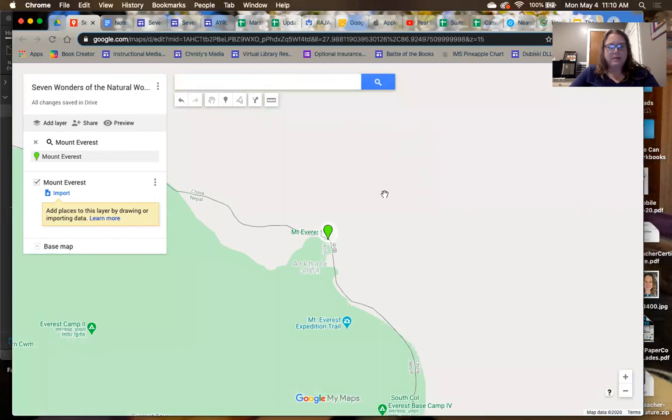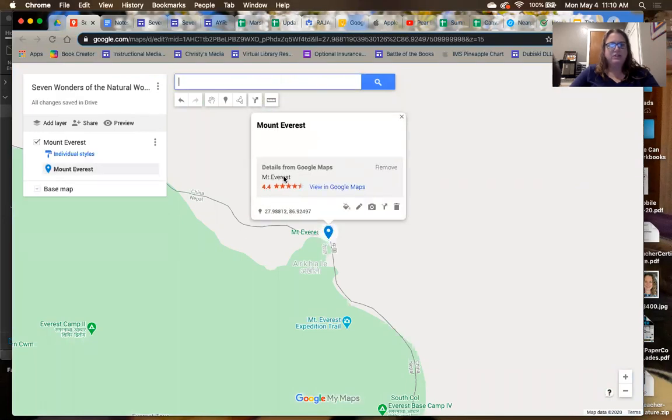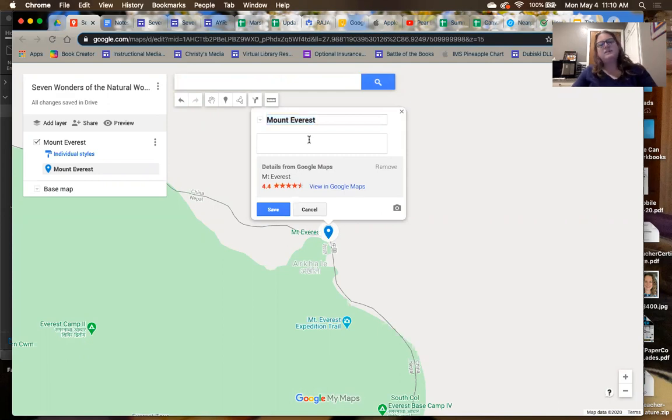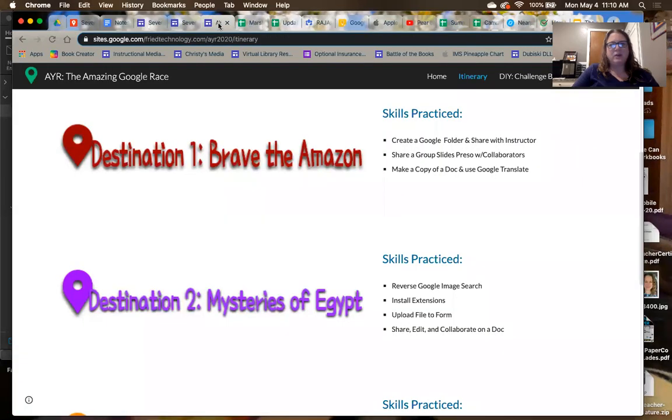And it's going to take me to this site. So if I wanted to, I'm going to add this to my map, which gives me a point over here, which I can then edit. And in my edit is where I'm going to put what I want my students to do. Like where it says back over here on her website, skills practice, create a Google folder and share with your instructor. These are the skills that I'm going to put one in each point on my map